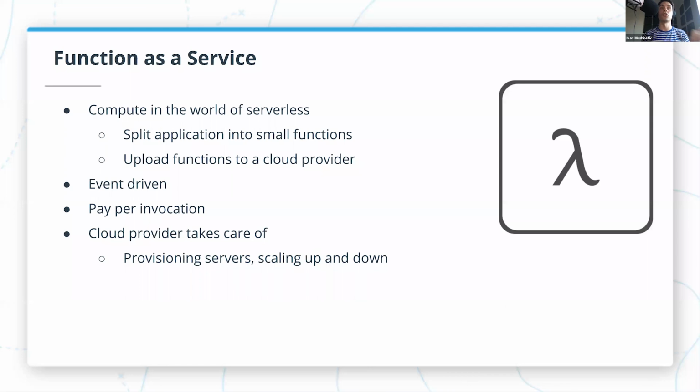It takes care of provisioning servers. It takes care of scaling them up and down, and we don't even have a view of what server this application runs on. We don't have control of what server to use and so on. Reliability and auto-scaling would be implemented by function as a service. And managing servers and installing updates, we don't even have visibility into how this is done.